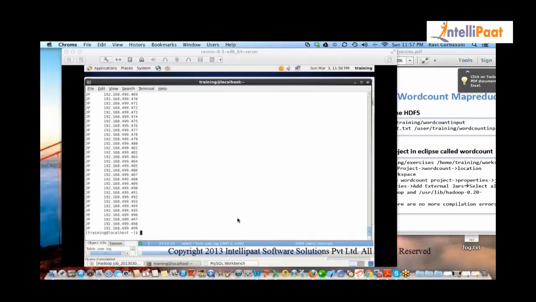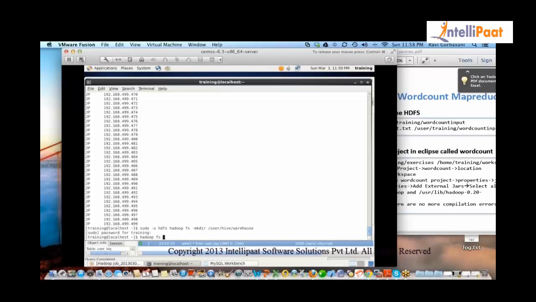So we've done the first command. Now we'll create a directory called user hive warehouse. What we do is give access to tmp to all the users, whoever wants to play with it. That's another way to give access to everyone.